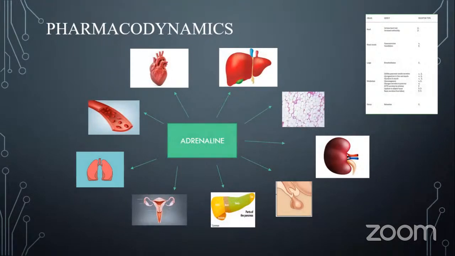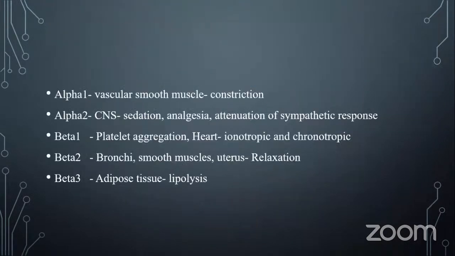Pharmacodynamics: it acts on various organs in the body. Through alpha-1 receptors, it produces vascular smooth muscle contraction, and alpha-2 receptors present in the CNS and on presynaptic nerve endings cause sedation, analgesia, and activation of sympathetic responses. Through beta-1 receptors, it produces platelet aggregation, and in the heart, it produces positive inotropic and chronotropic effects. Beta-2 receptor stimulation produces relaxation of the bronchial smooth muscles and uterus, and through beta-3 stimulation, it produces lipolysis in